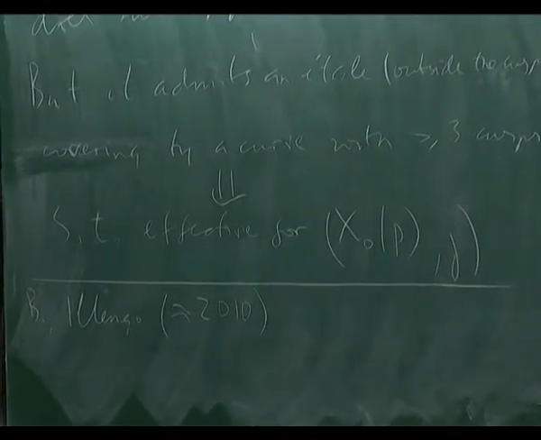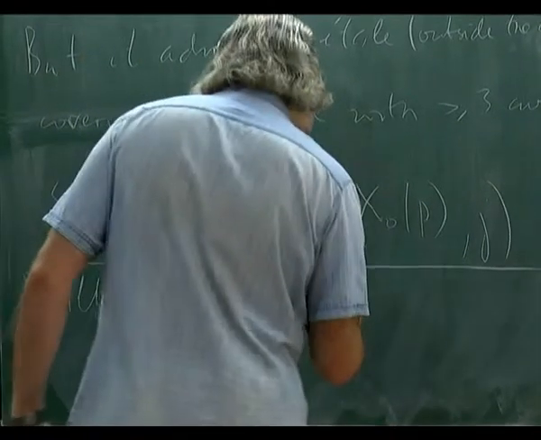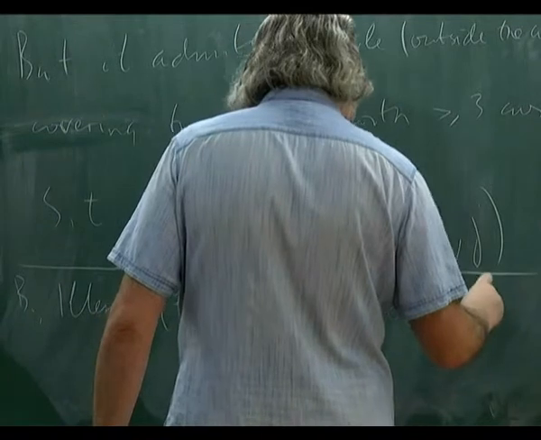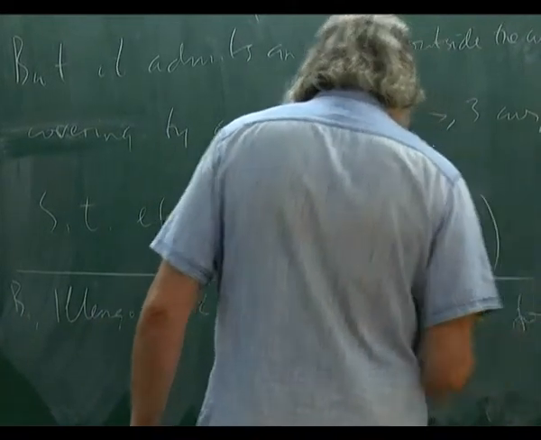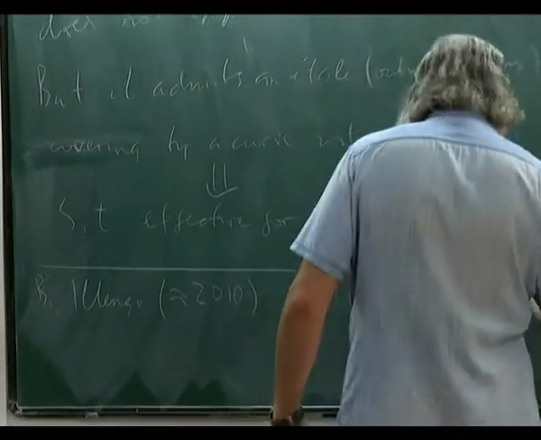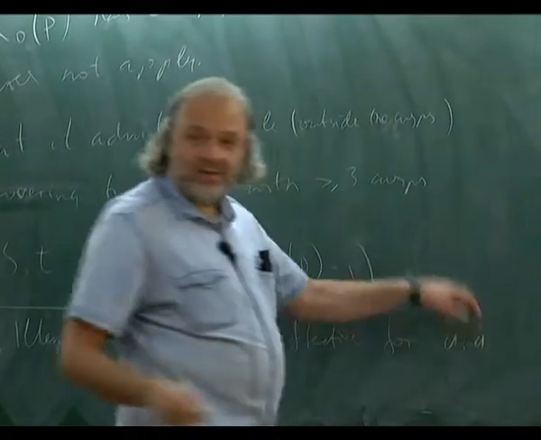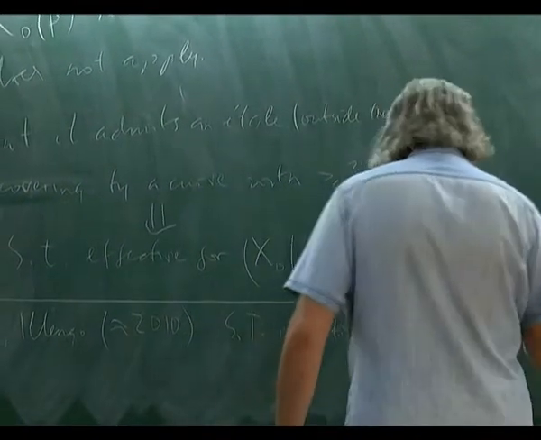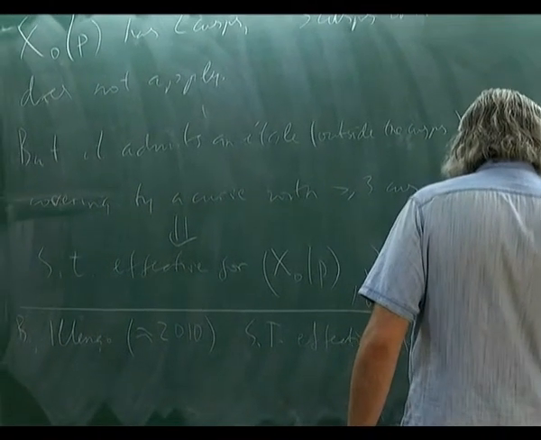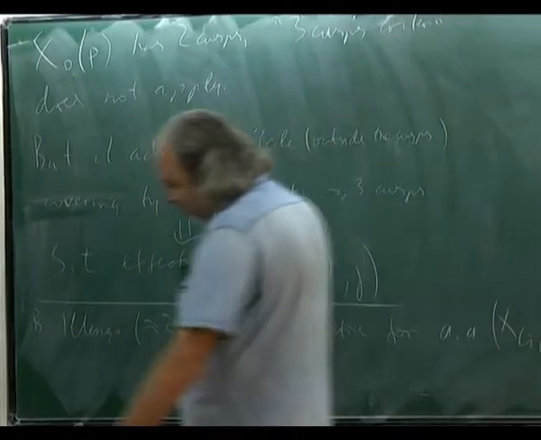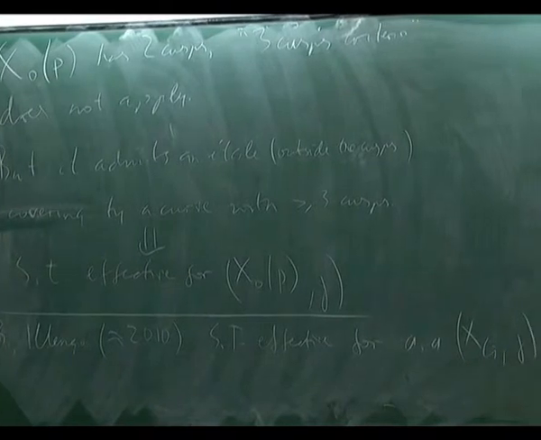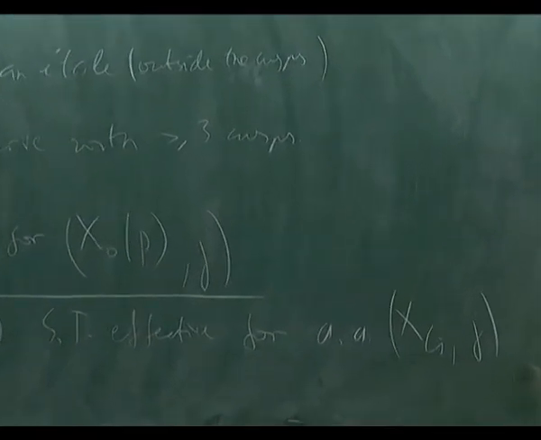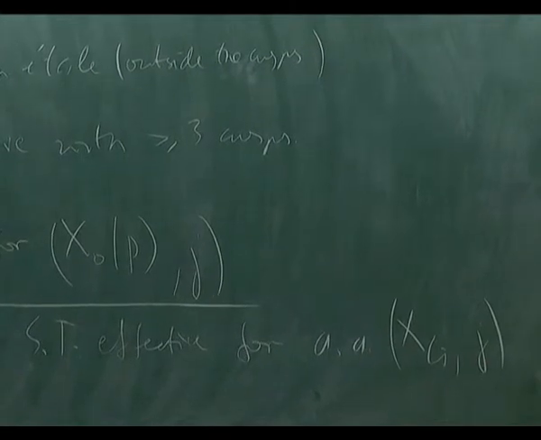We proved that Siegel's theorem is effective for almost all, in the sense of all but finitely many, couples of all X_G. So, what does almost mean? It means that we prove the theorem if the level, I mean the exact level,